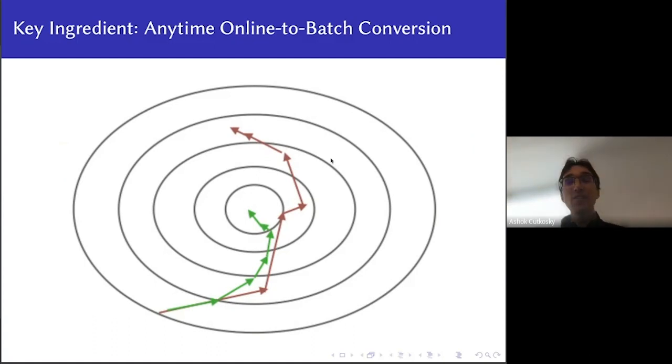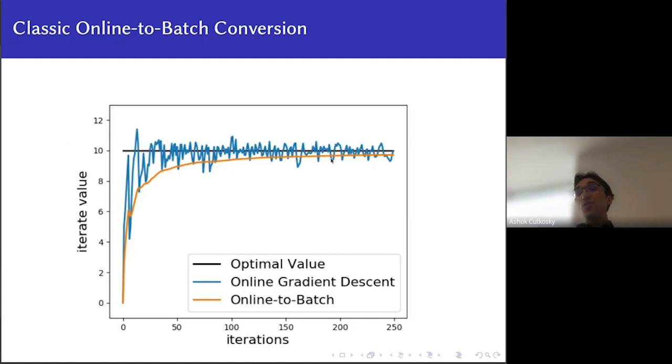But nevertheless, there is a theorem that says it works, so we can try a very simple experiment to see that this is indeed not such a bad idea. Here is a simple example where I'm running on an absolute value of x minus 10 as the loss, so it's a one-dimensional problem. The loss function is just |x − 10|, so I'm trying to go from 0 to 10 basically. And I added some noise to all of my gradients.